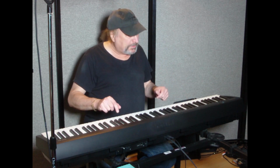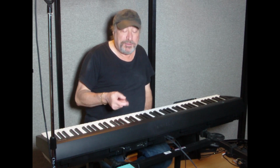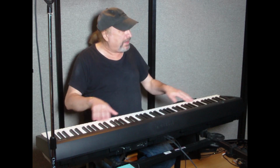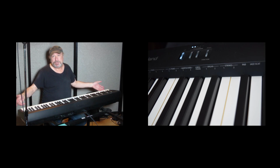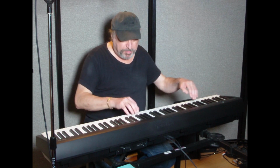Now, like any other keyboard out there, the first thing you want to do is adjust how it plays for you. So if you like a heavy touch and you got to bang on it, there's that. And if you have a much lighter touch, you can do that too. So let me demonstrate. Everything on here is controlled by holding down this particular function button and then choosing one of these 88 switches. Each one has a dedicated function. So if I hold this down and press this,